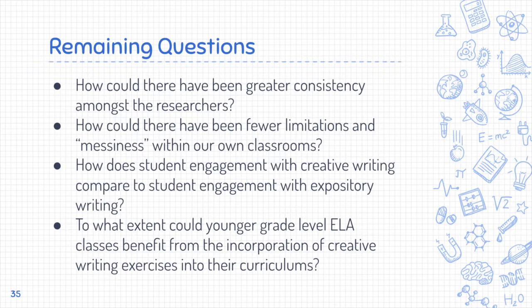Then moving on to the smaller scale of things, how could we have found fewer limitations and messiness within our own classrooms? Because a number of us started our classes with Block 1, there were definitely some issues with attendance, students coming in late, students coming in the middle of a creative writing prompt, and it's that question of, well, do you have the student just complete it super quickly, or is this data now skewed because they didn't have the full experience? There definitely was a lot of messiness in this, but I think we can all acknowledge the fact that this is our first little leap into action research, so there should be some forgiveness with that.